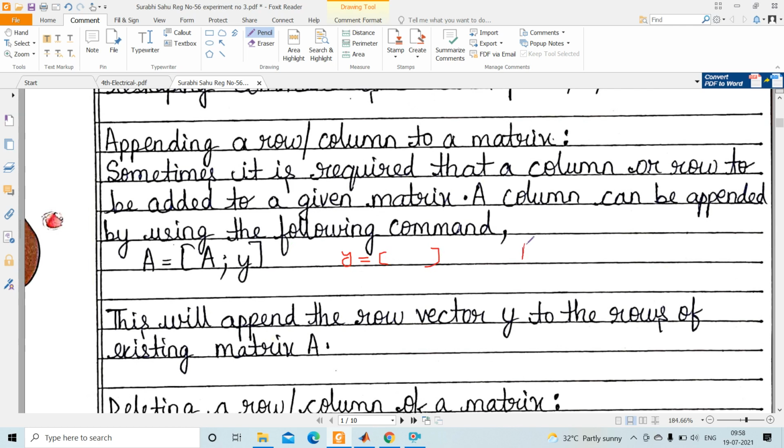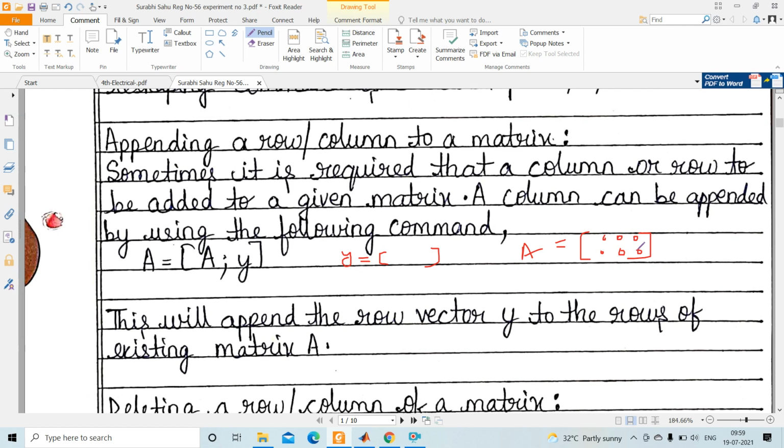A is a matrix, and in the A matrix these are the elements, just imagine this is the A matrix. Its size is 2 comma 3, 2 cross 3.